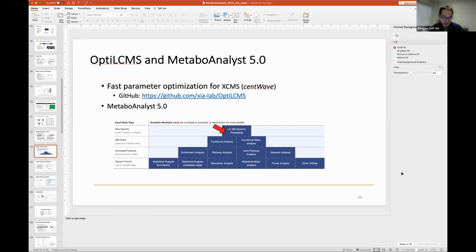Yeah, we would like to do it. We develop protocols and update them once in a while. For the raw data processing, we haven't done it yet. But yeah, it's on the plan. But for all other tools, statistics, everything, we already have, I think, a 120-page protocol step by step to do that. But the spectral processing, we are not getting that because we still continue doing the benchmarking